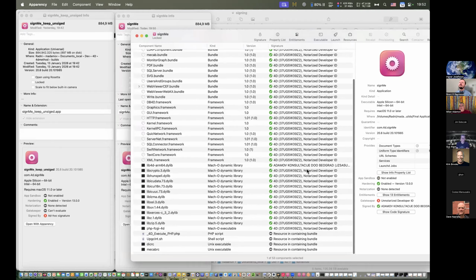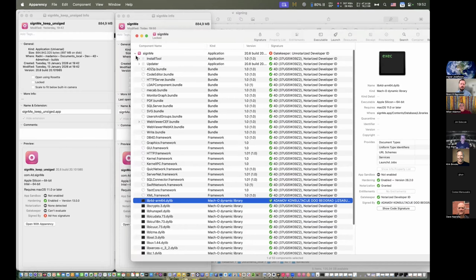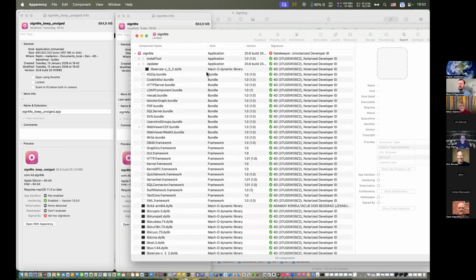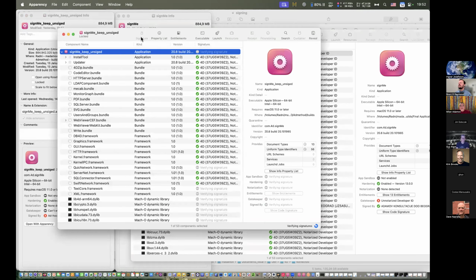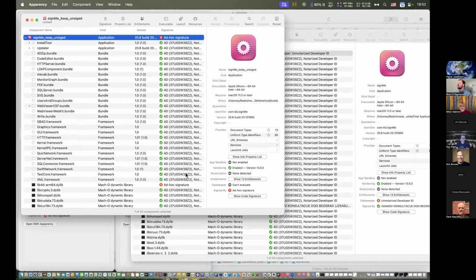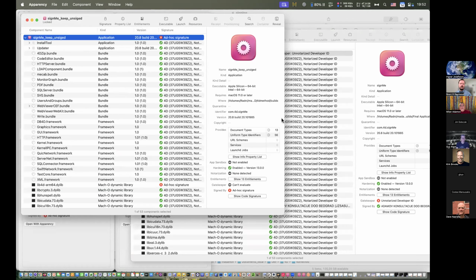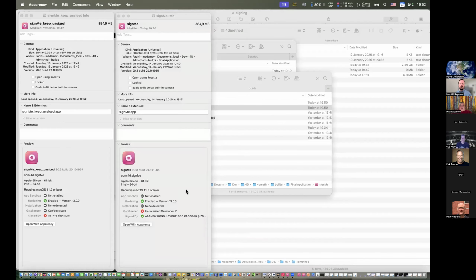And this is signed with my certificate. You see, and this part here is also inside. So the bundle is signed. The difference with this, as you can see here, is that this one has an ad hoc signature here and an ad hoc signature here on the main bundle. So this cannot be notarized. This can be notarized. How do you do this manually?